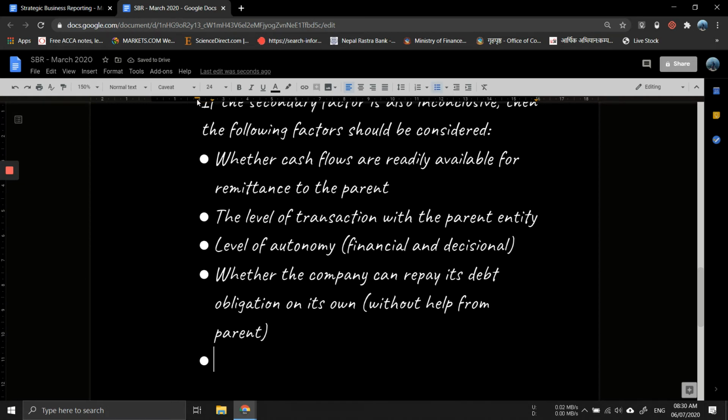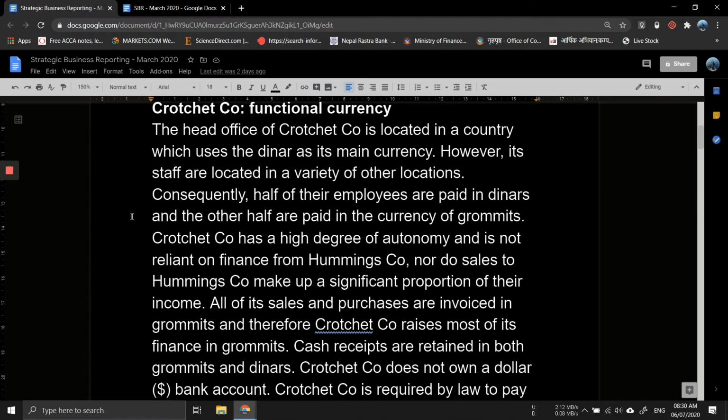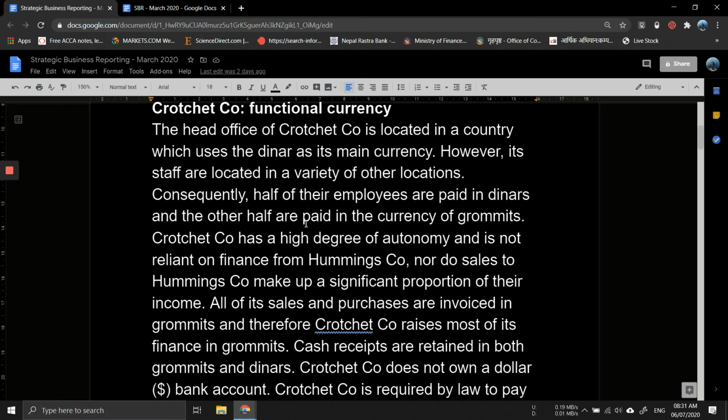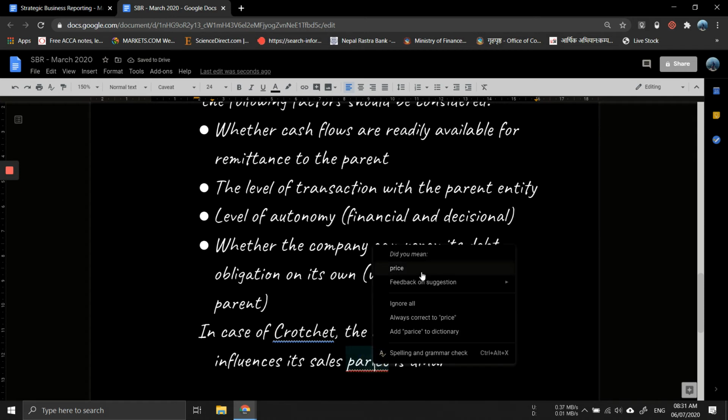Next, we will look at the particular question in this scenario. In the case of Crochet, if you look at it properly, the country in which it operates is Dinar, right? And the currency that mainly influences its sales price is Dinar,